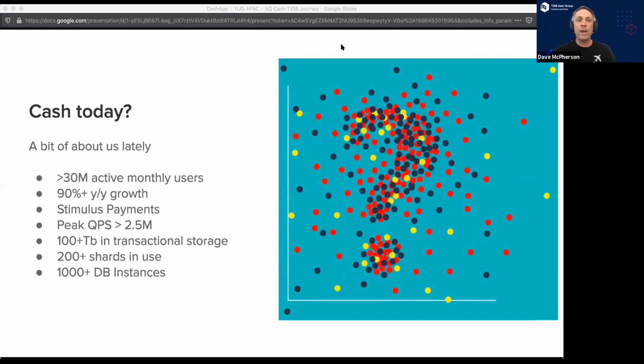At any given point, we've got around 100 terabytes in transactional storage, quite a large number of shards wrapped over the top of about 1,000 different database instances. So that's where we're at now. We were trying to move out into the cloud, which would allow the applications themselves to continue to grow more exponentially. We started to run into problems with Vitess, particularly in the cloud, and particularly with the decision that we made, which was to wrap it over the top of Aurora. So pro tip, maybe reconsider that.